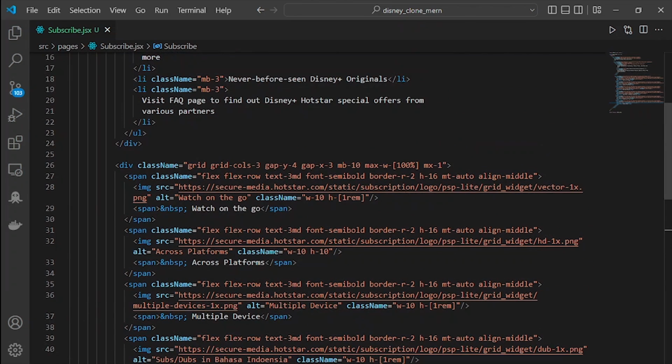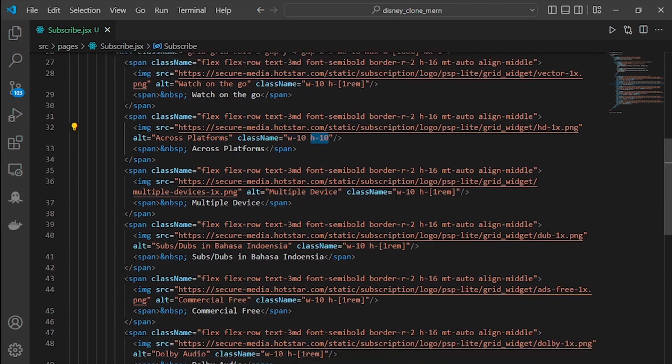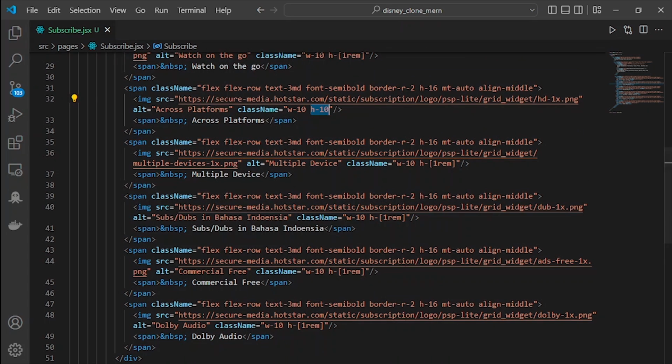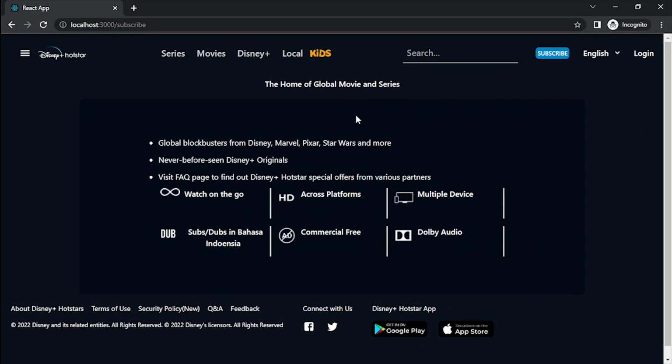the height of this image. For the across platform, its height is 10. For the multiple device it is 10. For the subs and dubs it is going to be 2 rem. For the commercial free and Dolby Audio it is going to be 10. Save. And now let's see how it looks. It looks much better, but I think we have to make this in the center of this row, of this